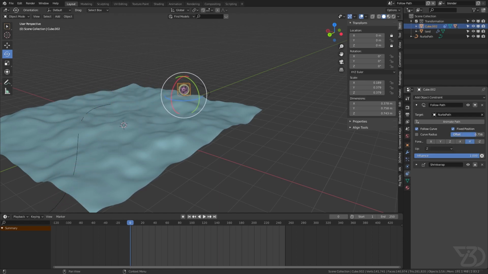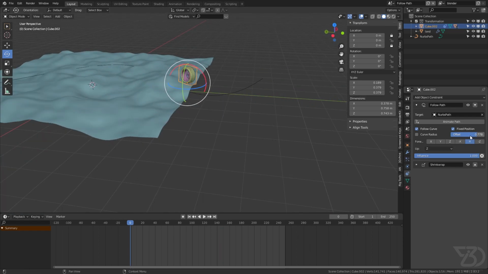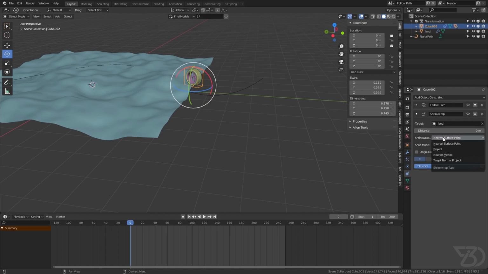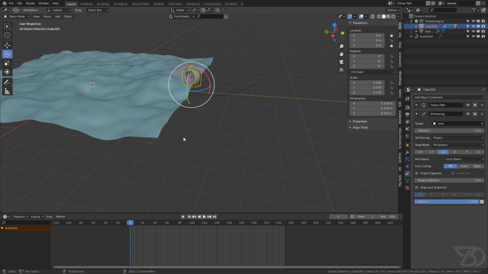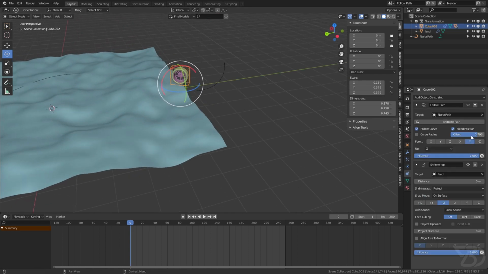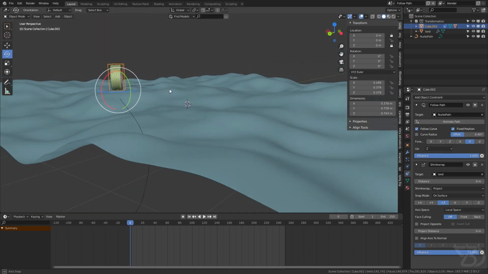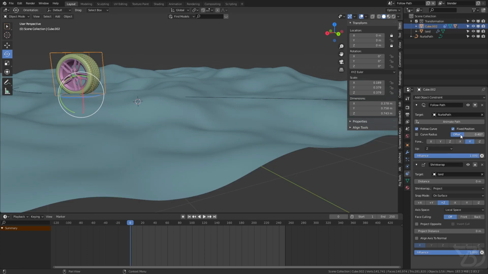So now see, over here it's glitchy, it's not going down. So we can change it to project, so it will project from the z-axis. Now we can use this to animate that one like that, so it will always stay on the top of this.